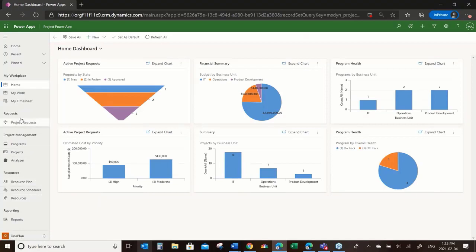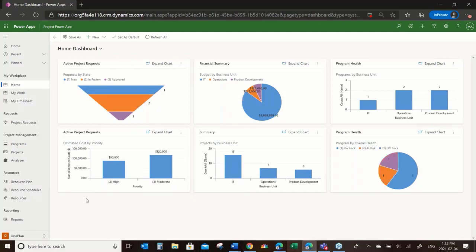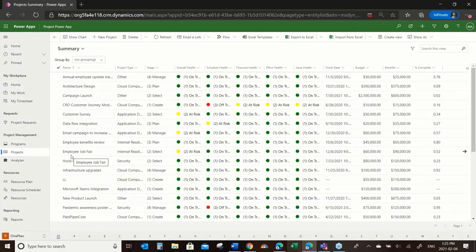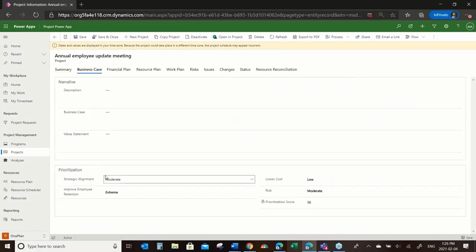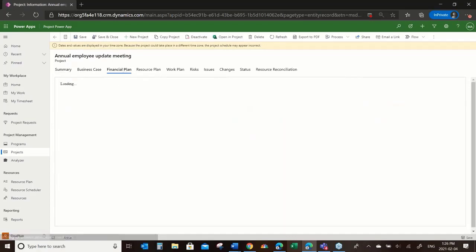Now I've added, and you've watched and seen my work, my timesheets, and other things have come in. So I'm going to jump to an environment here that has a lot of that same data. Project request is the same. We're using and leveraging the Microsoft Power Apps and components, so I won't go through those again. But I want to jump into projects. I'm going to grab that same project so you can see what's changed as we extend the solution. Summary data is similar, business case data is the same,